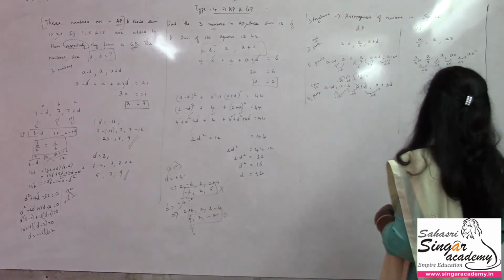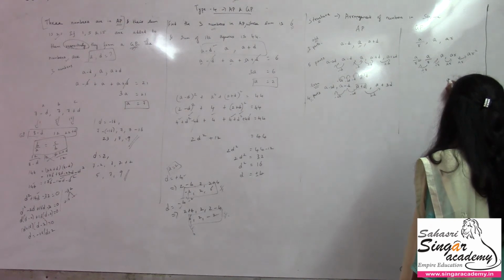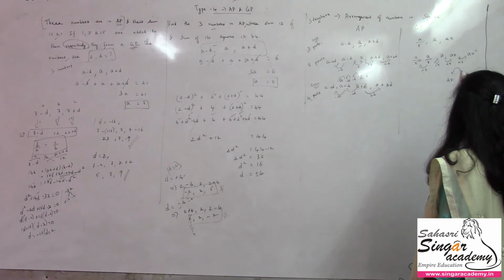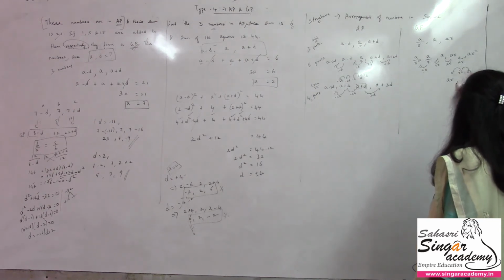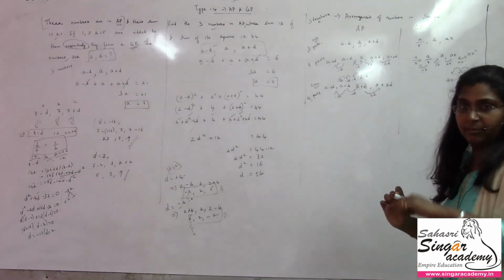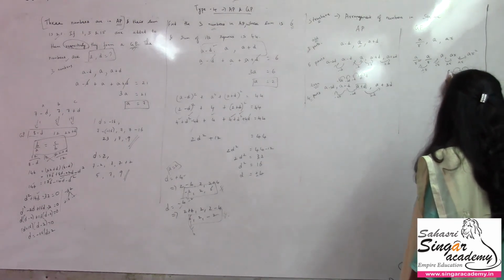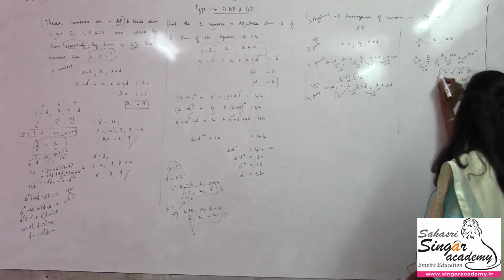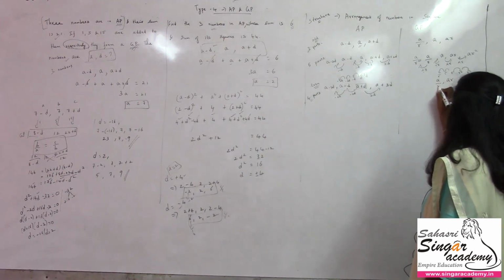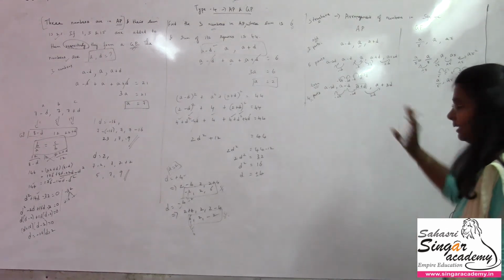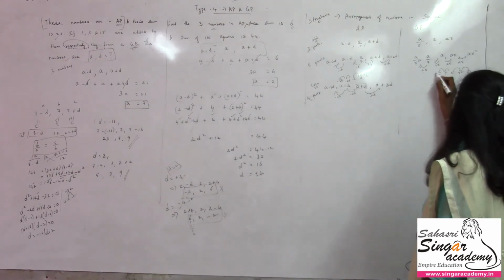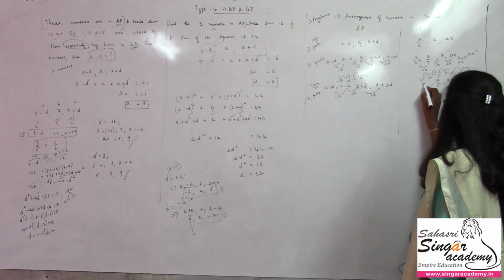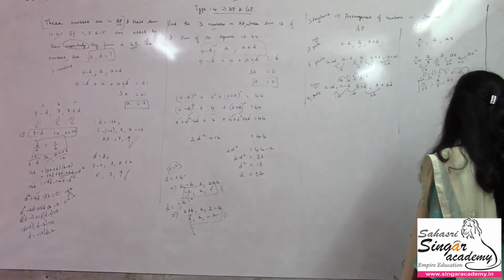When this case goes for GP, we take it the same way. AR we fix, with 2 jumps. From R, one jump will be R square, another jump will be R cube. So I'll take AR power 3. The previous one: R is there, so R by R is 1. Again divide by R, so this will be A by R. Here we should not write A, as there is no term A. Then the previous jump, 1 by R square, again one jump, 1 by R cube. So this will be A by R cube. This will be your sequence with respect to GP.